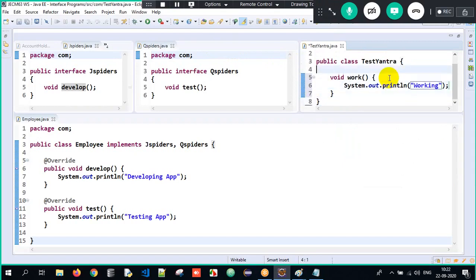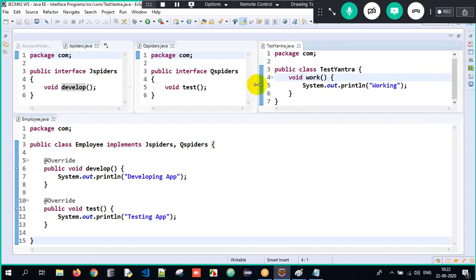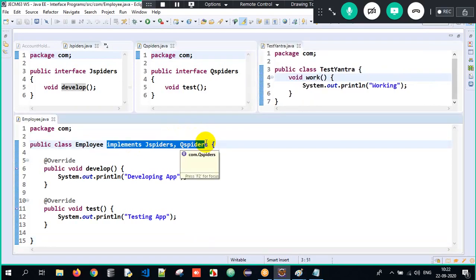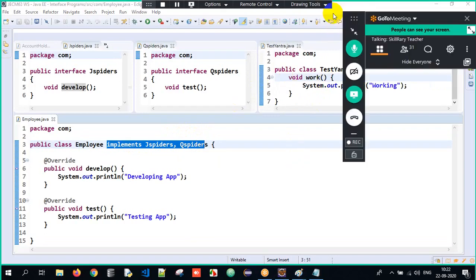The reason I did this is I want you to make sure, can a class implement multiple interfaces and extend another class? It's possible. A class can implement any number of interfaces and extend another class.